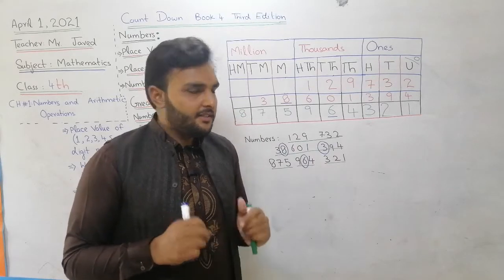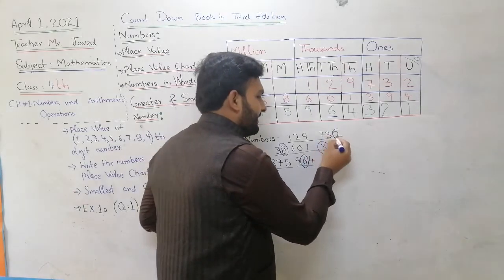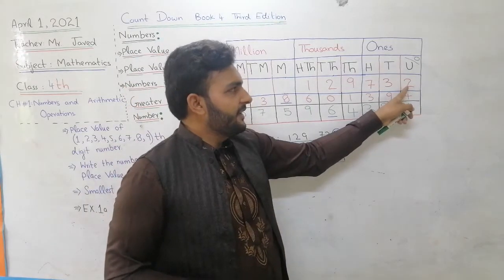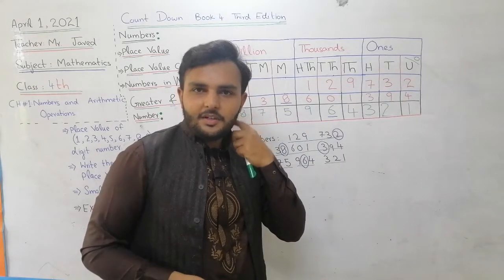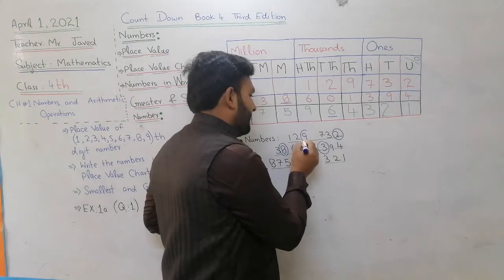Hope you are getting these points. These points are very important. If I ask the place value of 2, so easy, so simple. So 2 is here, unit place, ones place. So how will I write it? Just 2. Like, take this 9 here. So the place value of 9 here.